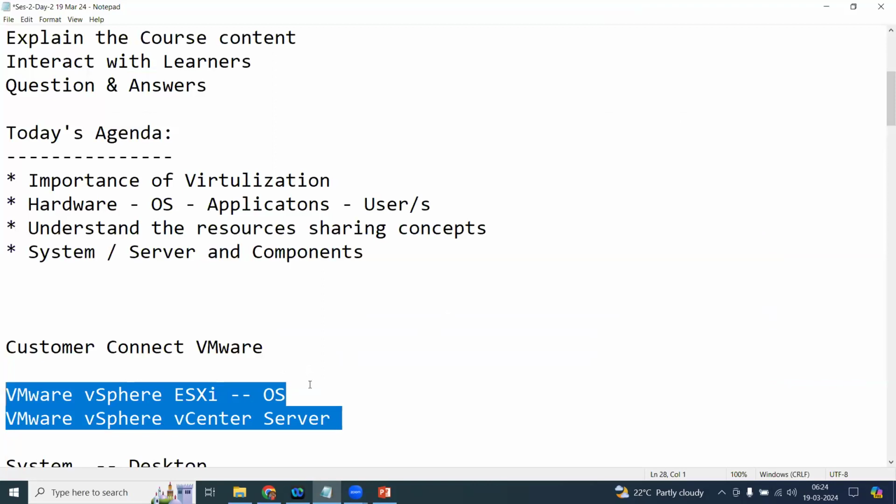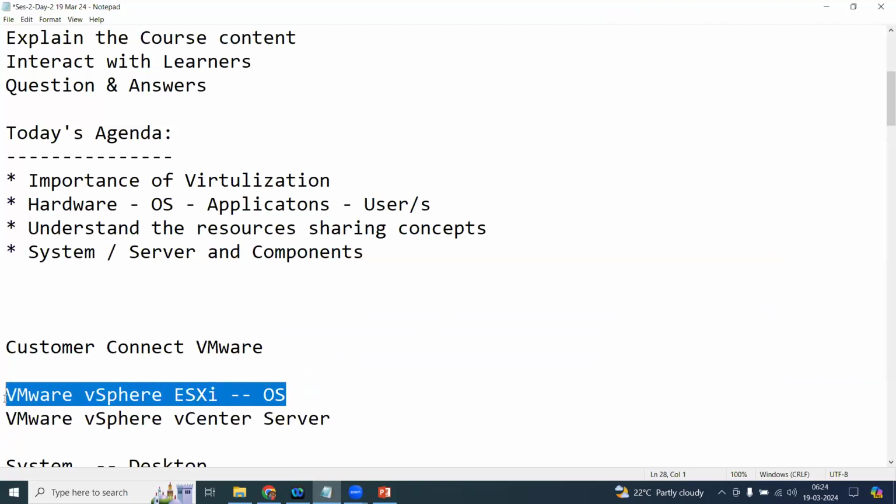First, we are going to learn how to deploy the operating system. That operating system is going to deploy the virtualization kernel. With the help of the virtualization kernel, we are going to deploy a number of desktops, a number of virtual servers. Without ESXi, I am not in a position to create any kind of virtualization. Virtualization is nothing but an emulation of a